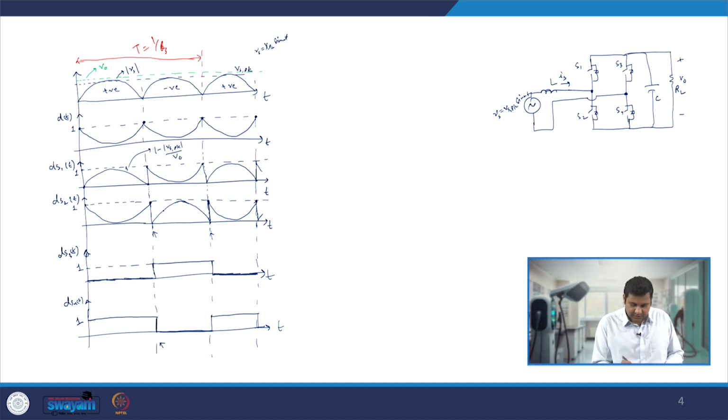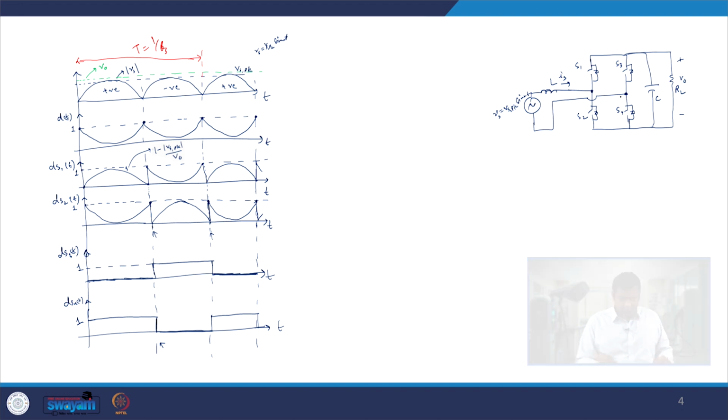Whenever it is going from positive to negative or negative to positive, the duty ratios of S1 and S2 are changing from 0 to 1 or 1 to 0. At the same time, the duty ratio of S3 and S4 is also changing from either 0 to 1 or 1 to 0. Now, the synchronization of turning on to off or off to on of these four switches during zero crossings is the important concern, because in the real world no two switches are symmetrical in nature, and you can never ensure that these timings are synchronized.